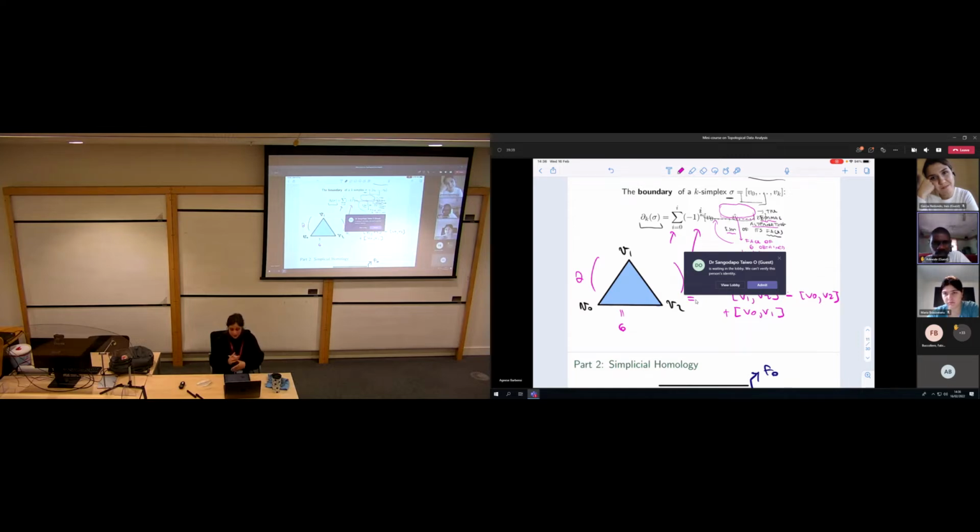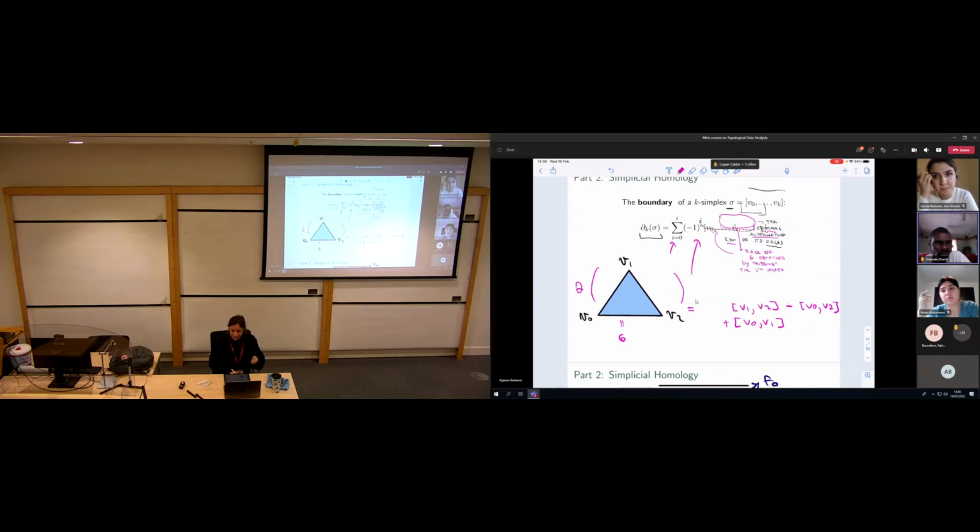The audience has asked what is the meaning of summing or subtracting simplices. The meaning is to be able to add an algebraic structure to the set of simplices and make them a